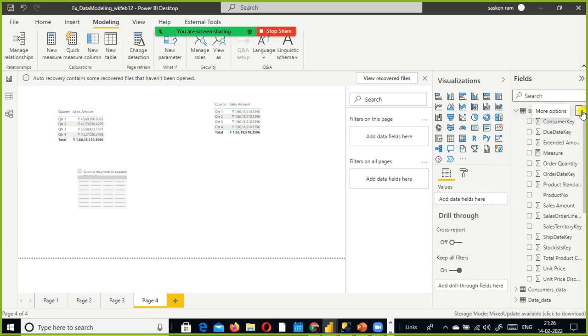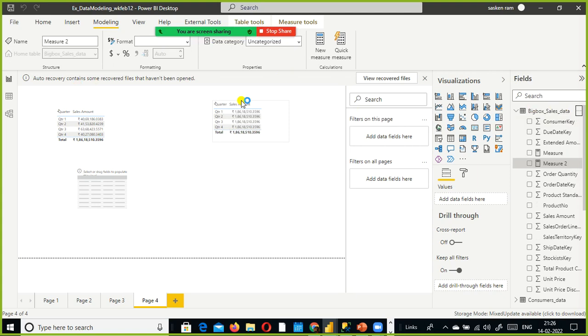This is called ellipses. I just click on it and I create a new measure. This is the best practice. If you want to create any new measure, you select the appropriate table and you can create it there. But still, the best practice is to keep all the measures in a separate table. We call this a measure table. We'll discuss this when I start the DAX training session. Okay, so now we will find out the sales by ship date.